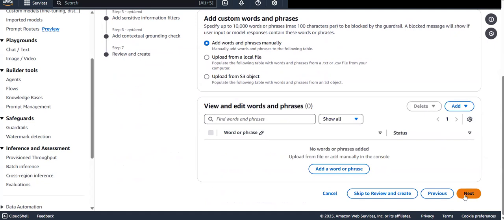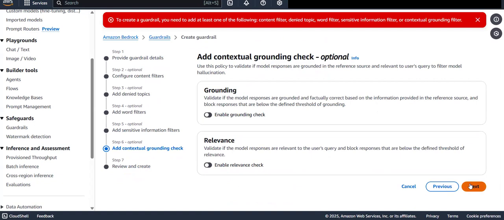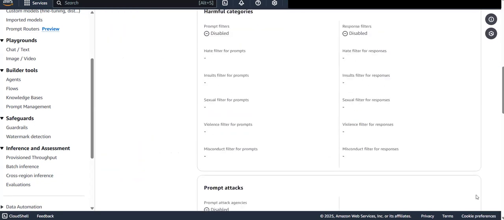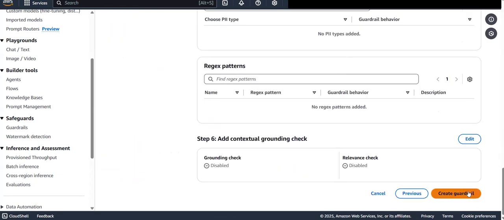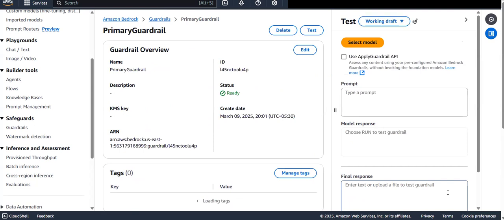Now I'm just trying to create this guardrail with that profanity, only that profanity filter. Now I'm just clicking on it. So now you can observe that our guardrail was successfully created